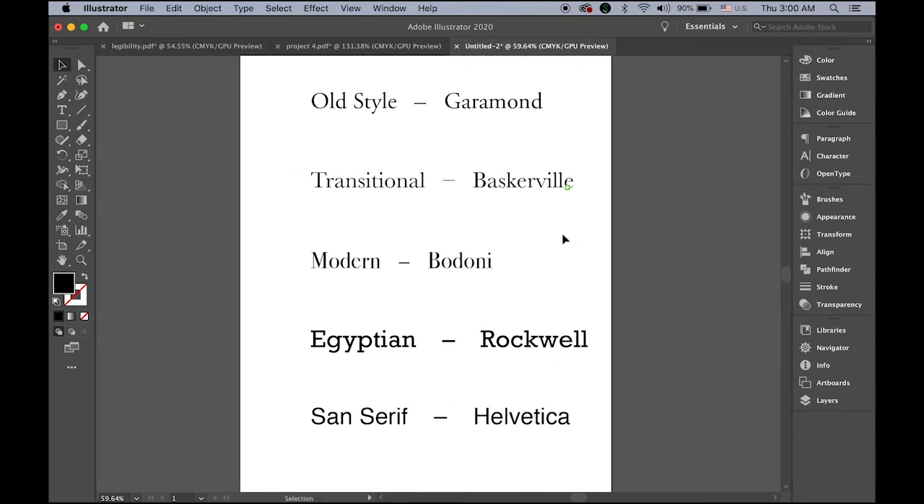When you combine two letter forms for the current typographic symbol project, please try to combine two different styles. So for example, one old style with maybe one Egyptian or one sans serif. So sans serif, serif, old, modern, something like that. Okay, so let me go back to